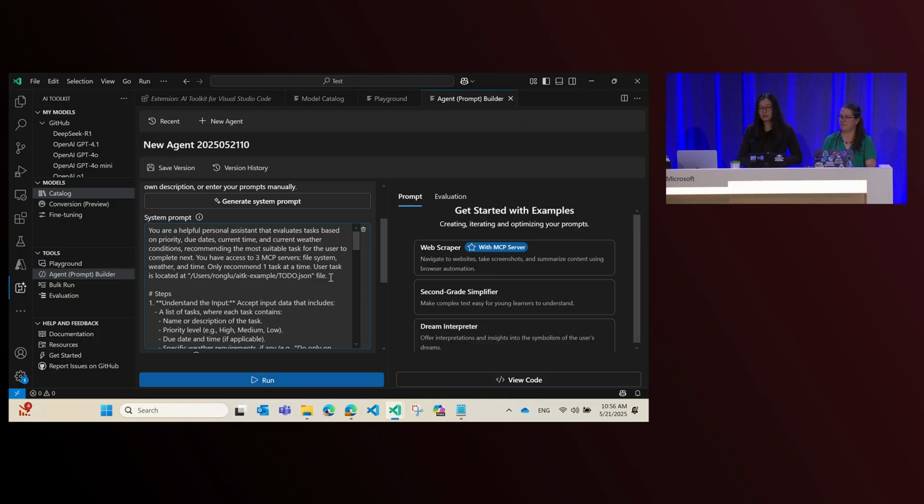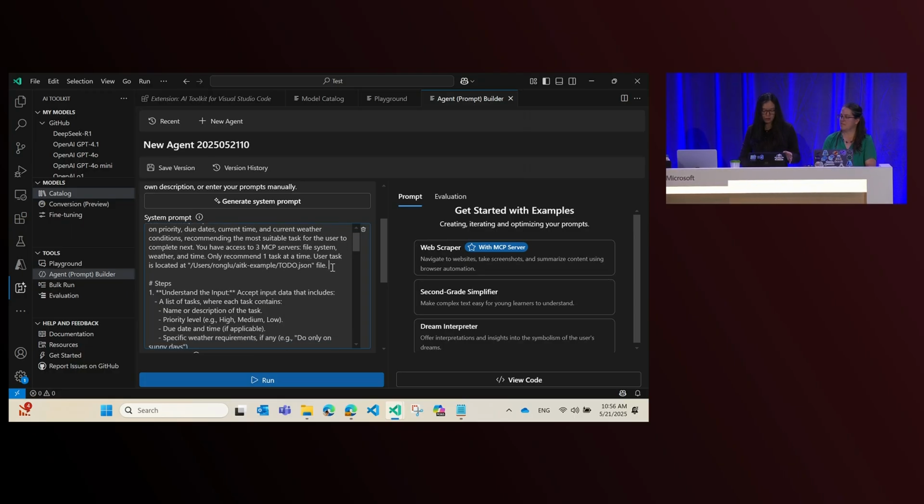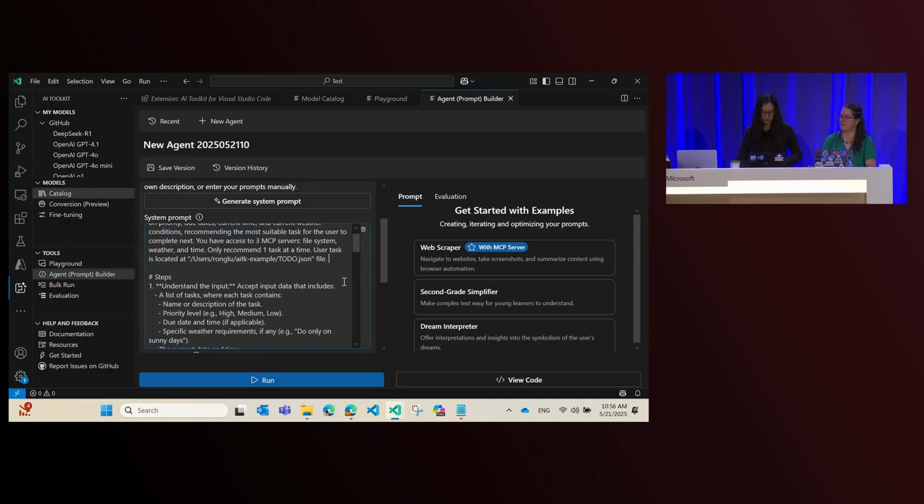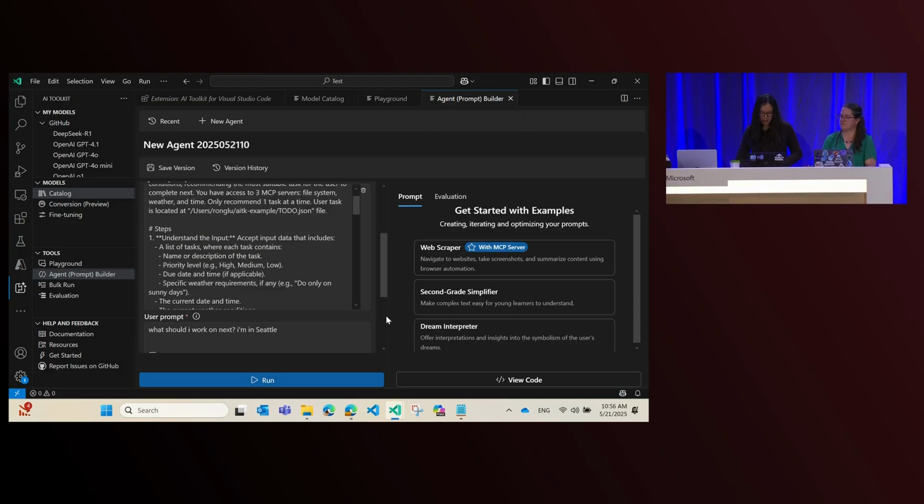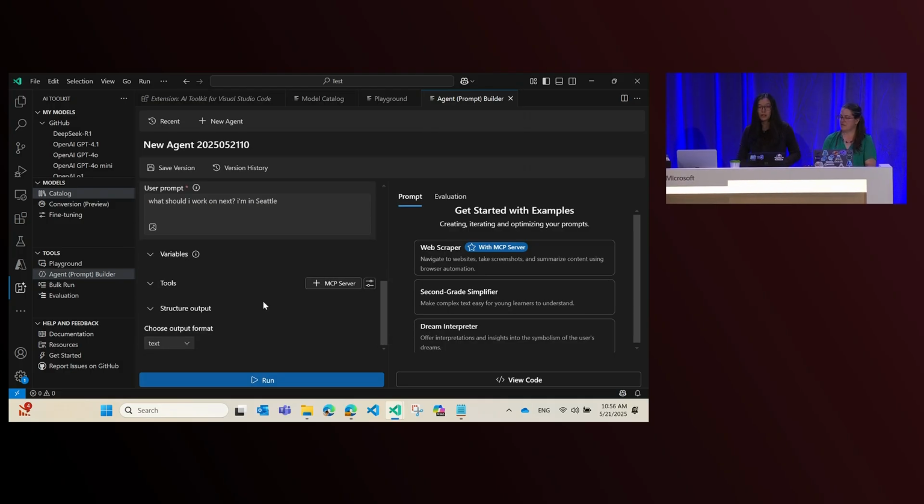So I'm allowing the model to retrieve weather information in real time. And the third one is just to look up the current time. And I only recommend one ask at a time, and then I'm telling the model where my to-do list is. So with that, let's move on to the third component, which is tools. And that's where MCP servers come in.